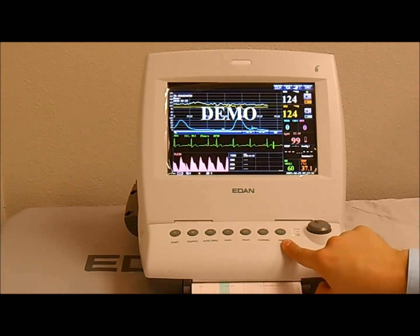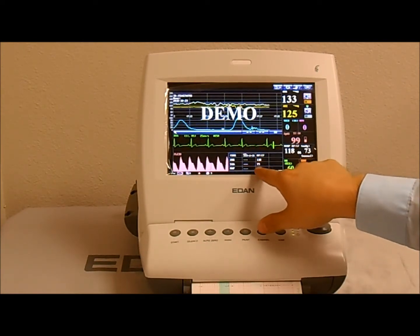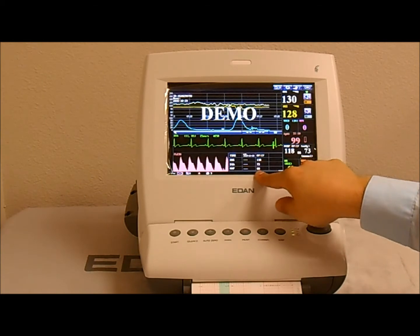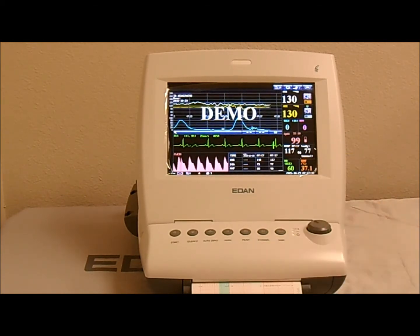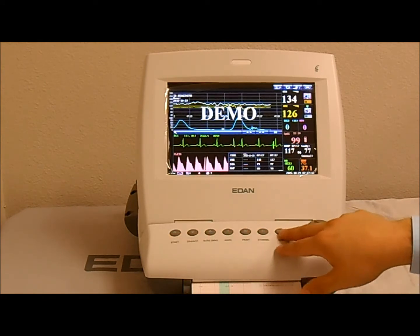And finally we have the NIBP key. You press it to take an NIBP reading on your patient. That would be the mother's NIBP. So those are the core features of the